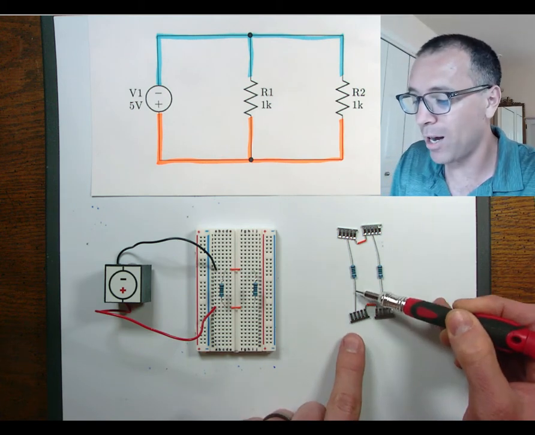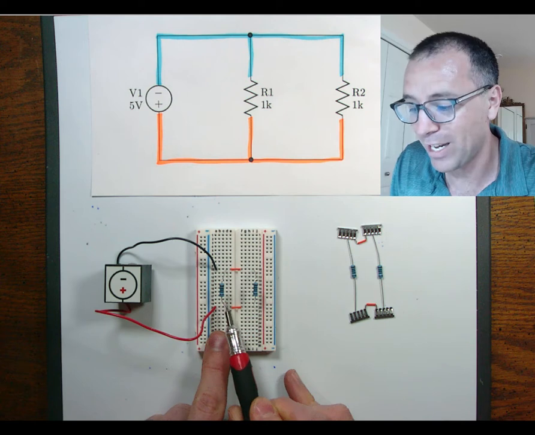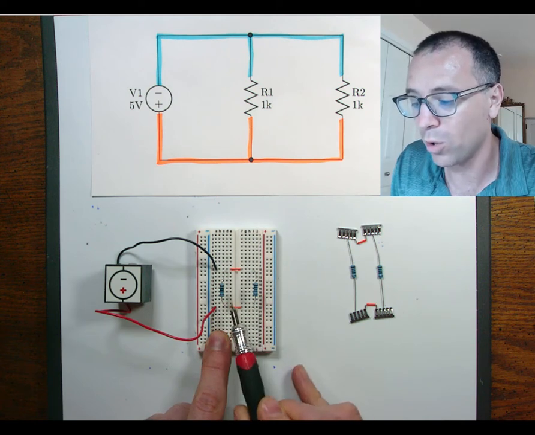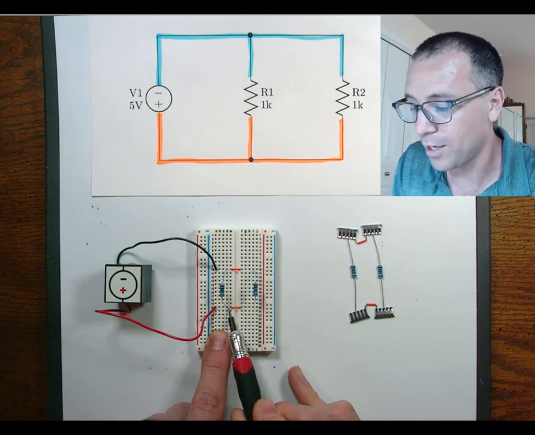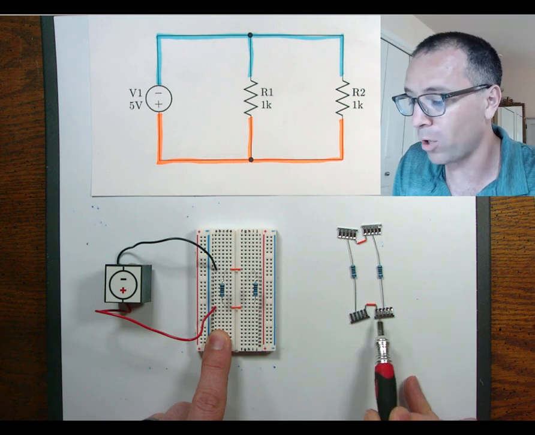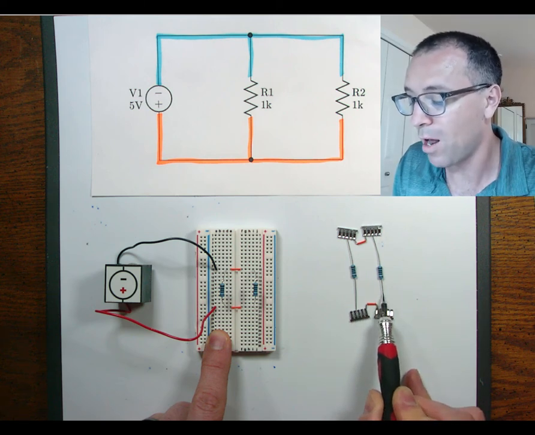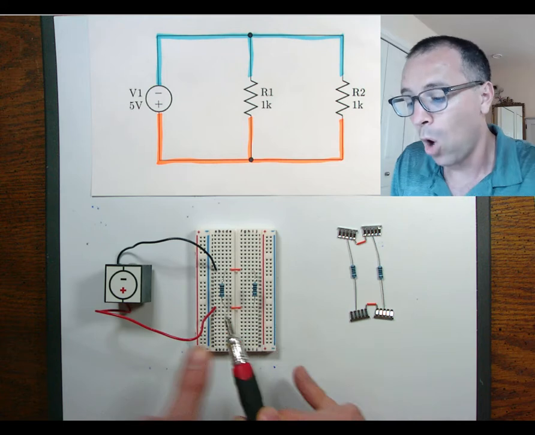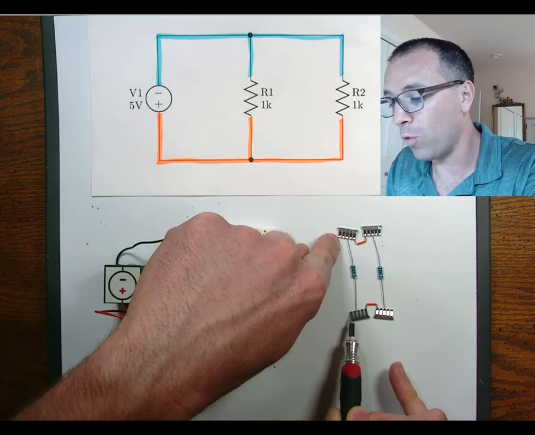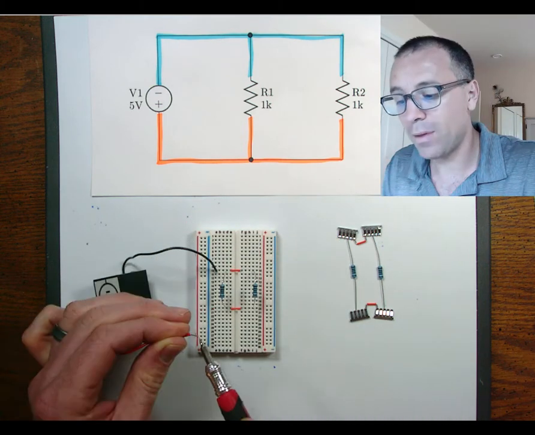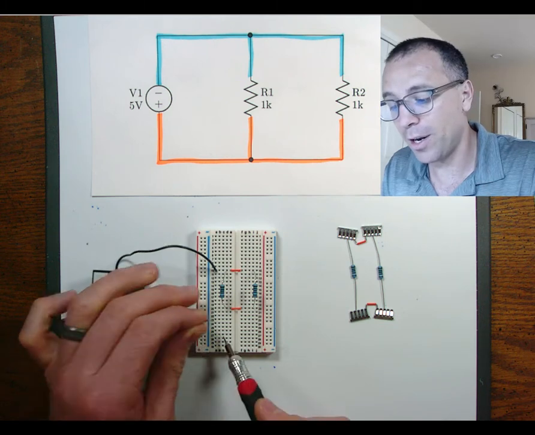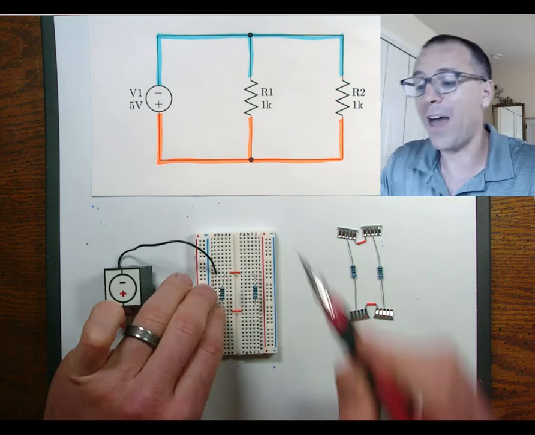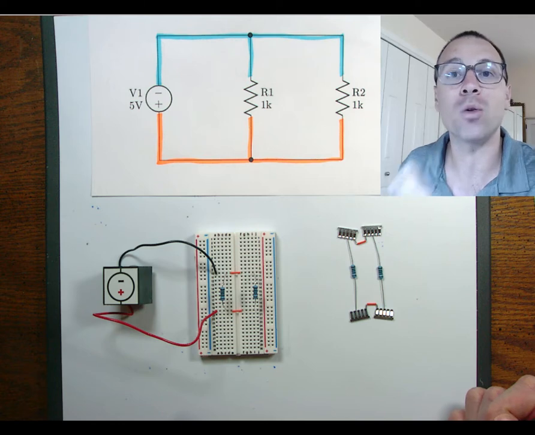Same thing's true on the bottom. There's a single piece of metal inside this breadboard. So this lead connects to the contact strip, connects to the jumper, connects to the other contact strip, connects to that bottom lead of the other resistor. When we connect this voltage source across, the actual wire inside this insulation becomes electrically connected to the whole thing, and that's why we say that they are in parallel and there's only two nodes.